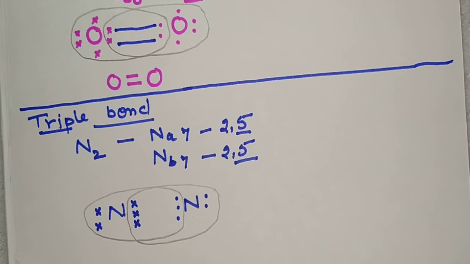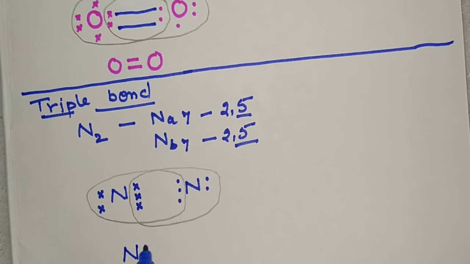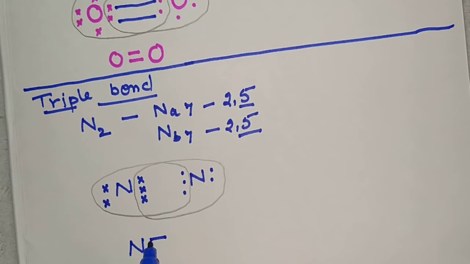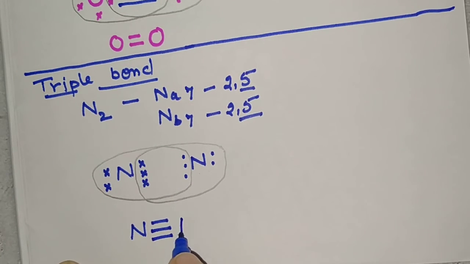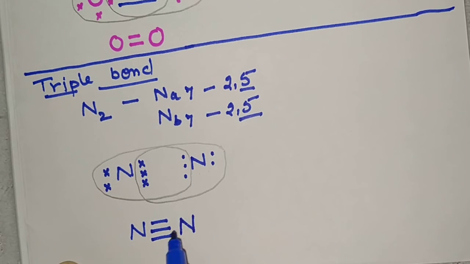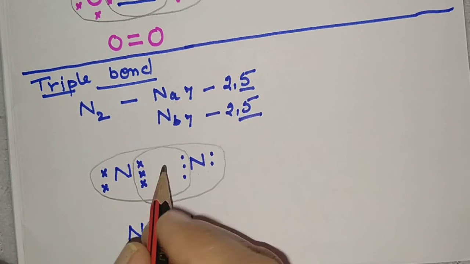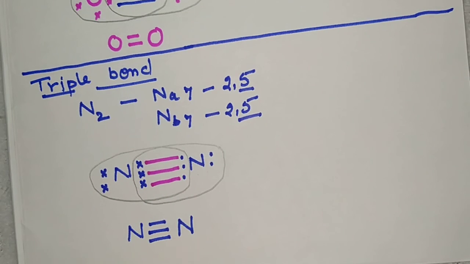Now how to show this molecule by bonds? One covalent bond, another covalent bond, and again another covalent bond, because these nitrogen atoms are connected to each other, or we can say, for the formation of nitrogen molecule 3 covalent bonds are involved. See how they are involved. This is one, and this is one. I hope it is understood to you.